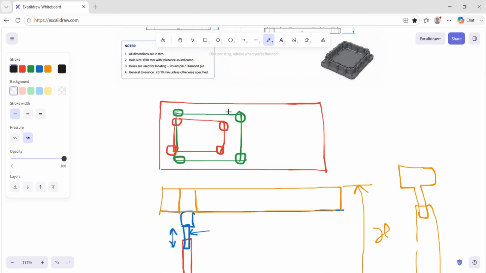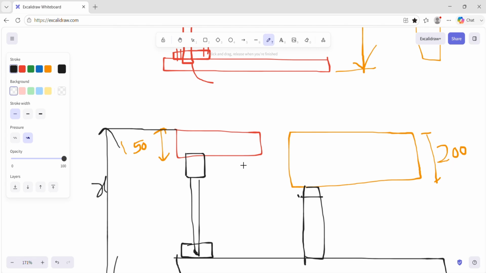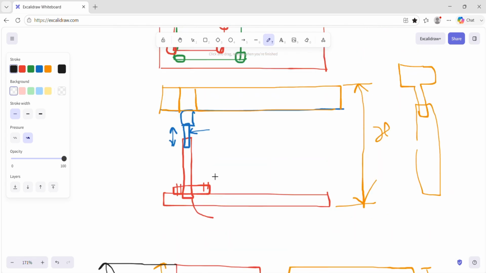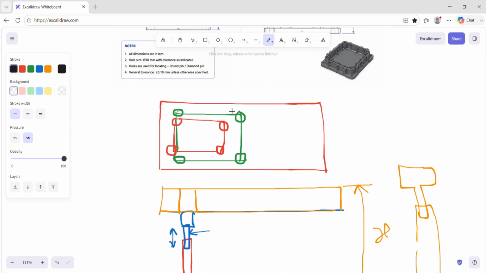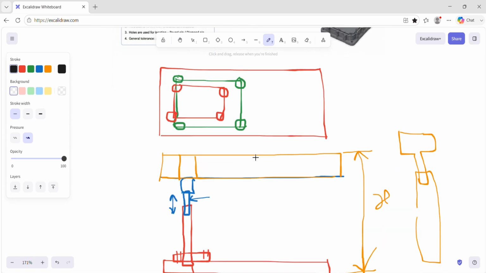If we have this kind of layout, the smaller part we can load easily. But what will happen when we load this longer part?